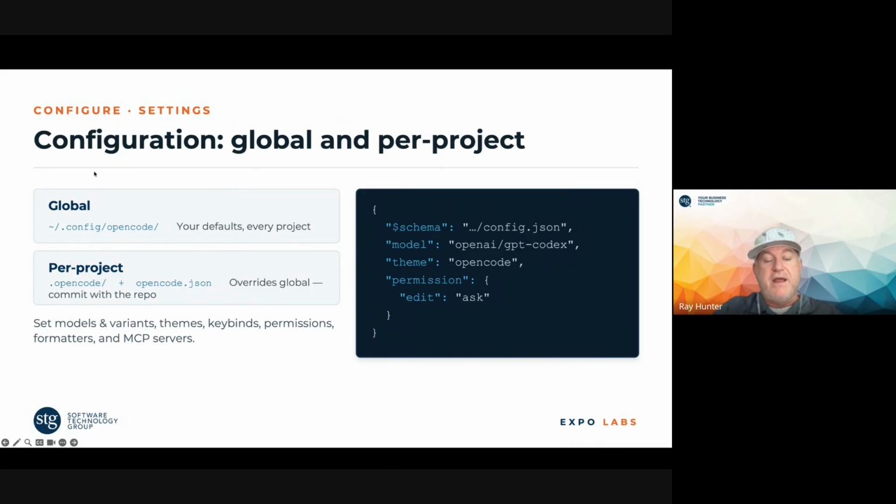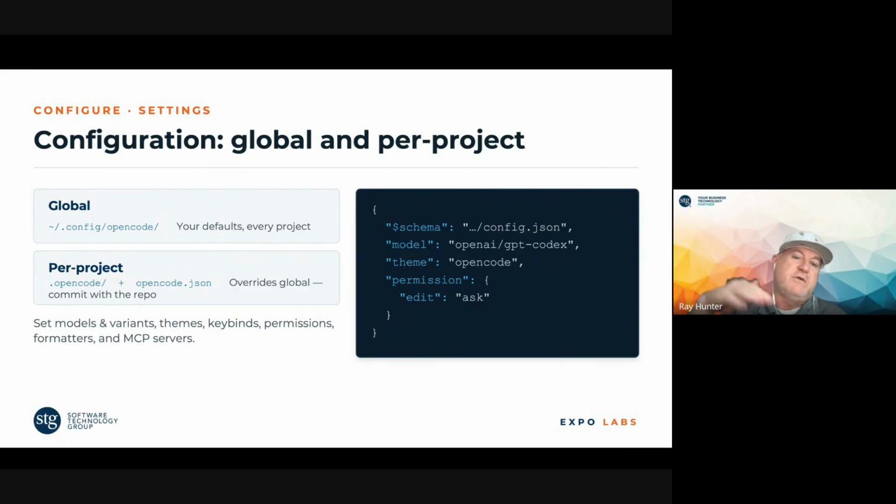Globally, this is all Mac. If you want to look at Linux or Windows, more or less, this is where you're going to put these markdown files in this configuration. It's just a JSON file where you can go in and specify your custom stuff for OpenCode. You can do it at a global level, and then you can do it per project. And the per project will take precedence over the global.